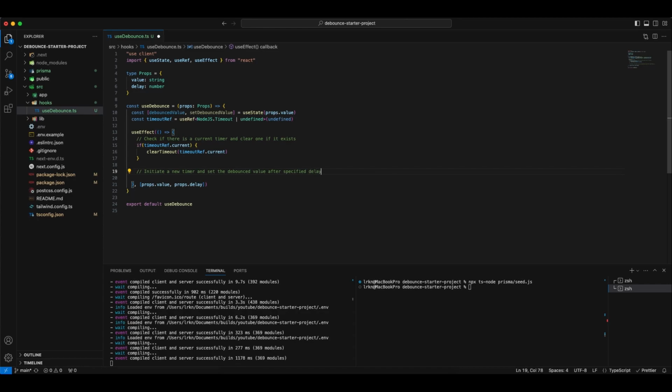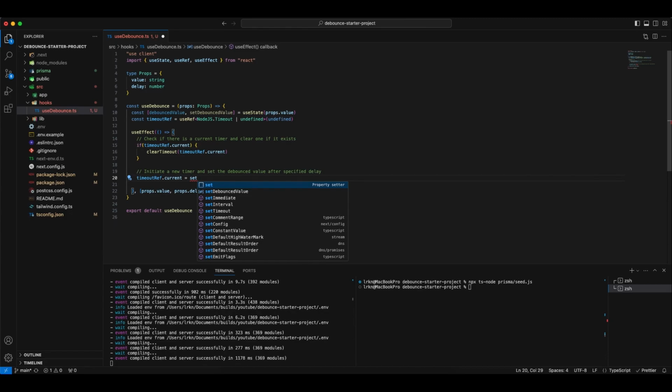Delay is probably a better word, delay. Okay, so to create our timer, we want timeoutRef.current, and we're going to create a new timeout. So setTimeout,